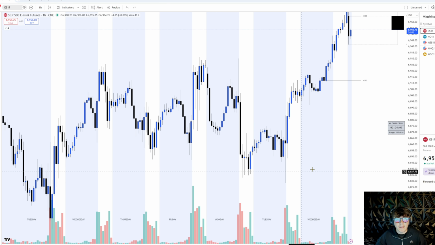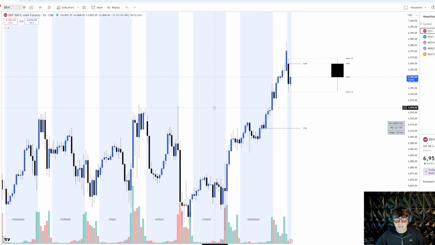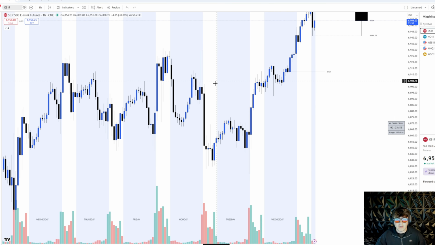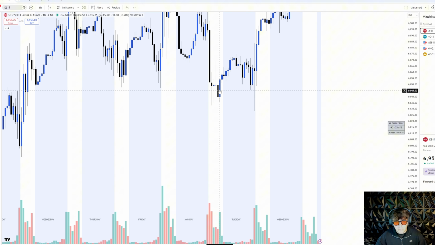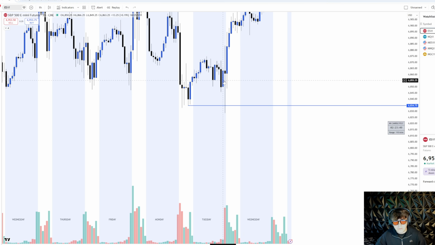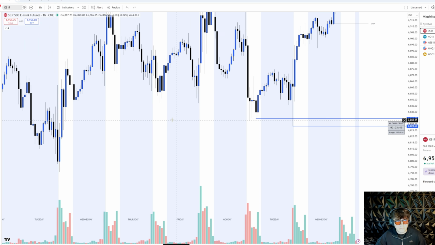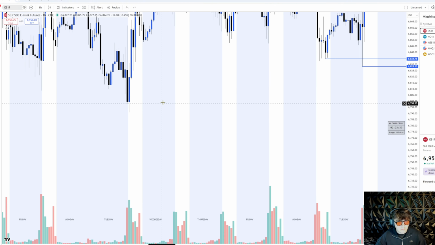Okay, so now that we know how to identify highs, and you guys practiced marking those out on the chart, let's talk about lows. So a low, again, is a move down and then a move up, and the low is the lowest point of those two candles, right there, right here. We get a move down and then a move up, lowest point of those two candles. Boom. We go back here,